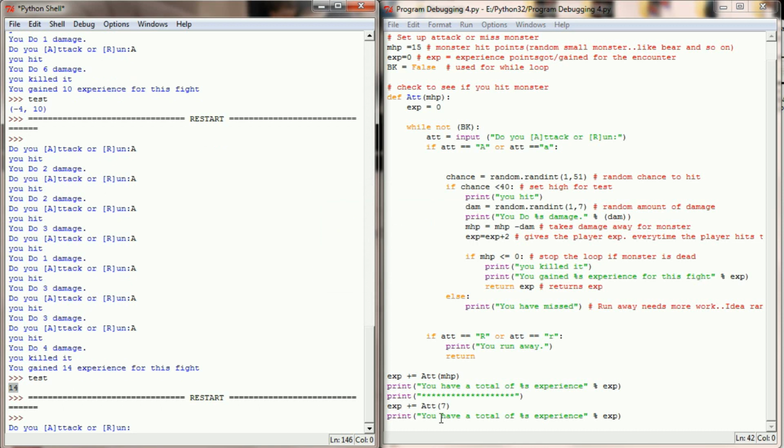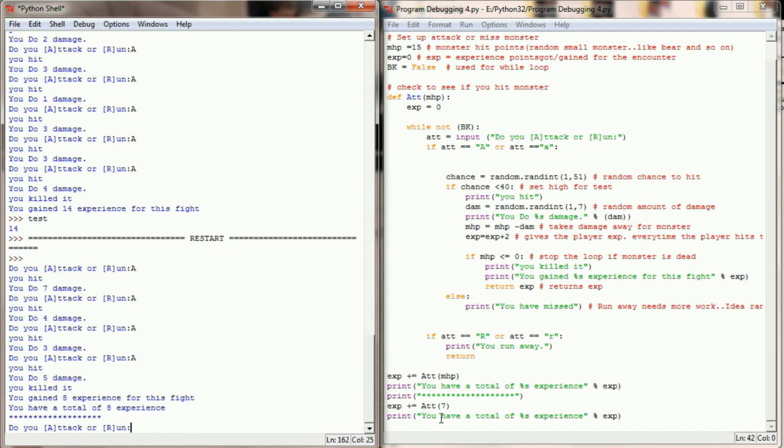When I run this function now, I hit attack, attack, attack, attack, and that's the end of fight number 1. We hit the monster 1, 2, 3, 4 times and got 8 experience for this fight, giving us a total of 8 experience. We then print the break here so that we have a visual representation of the next fight,